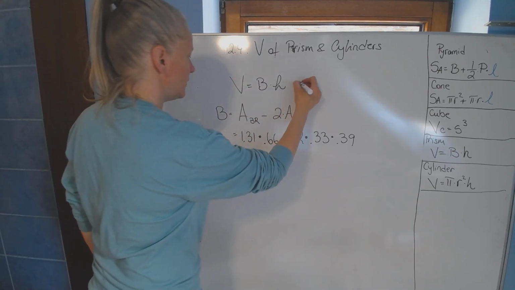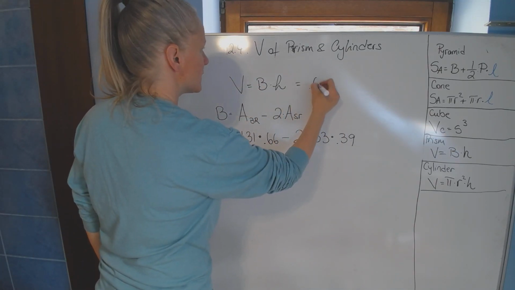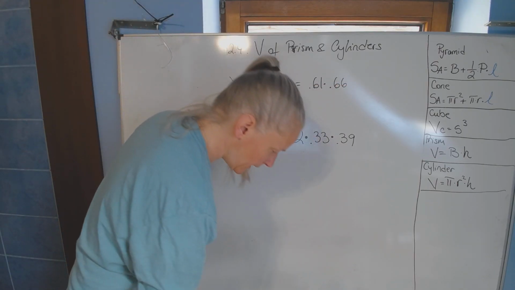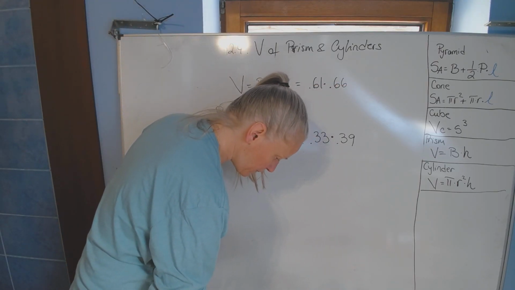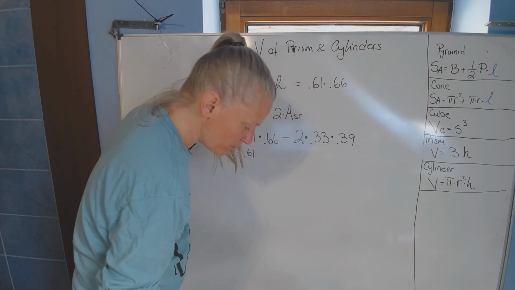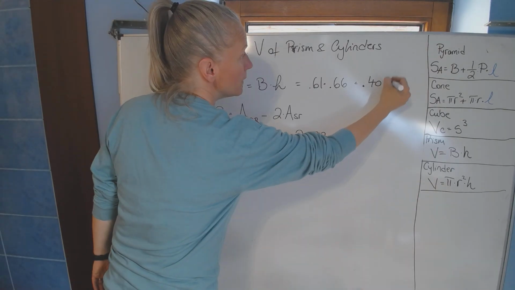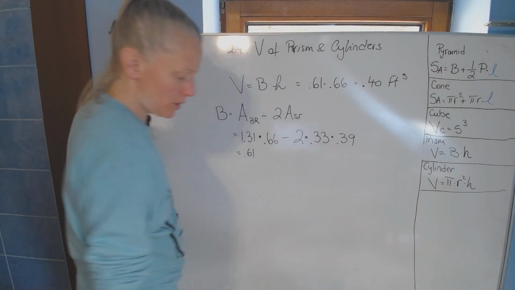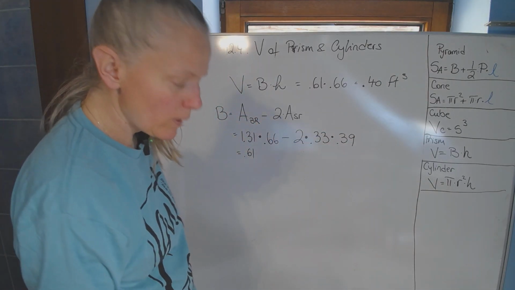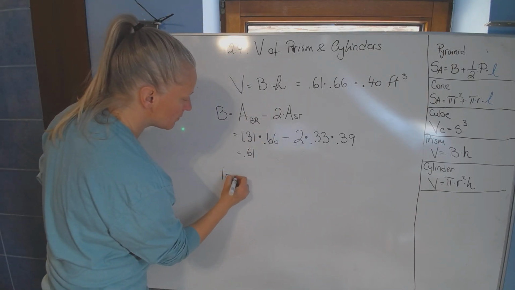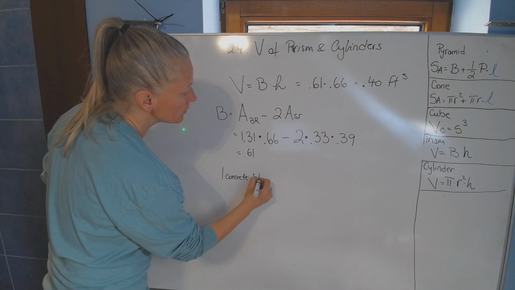I cannot continue this and finish it. The area of my base is 0.61 times my height, which is 0.66. And I don't know what that is. 0.61 times 0.66 gives me 0.40 cubic feet. Remember, 1 cubic foot weighs 145 pounds, which means 1 concrete block,